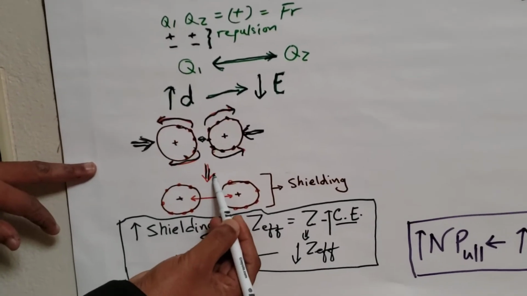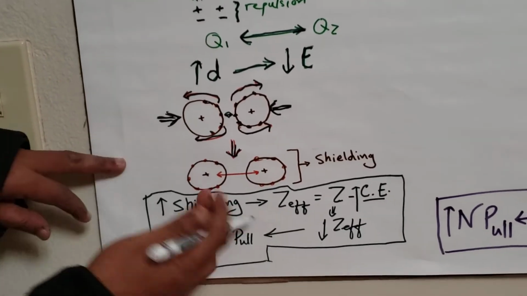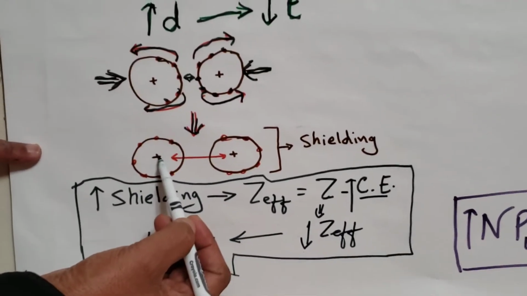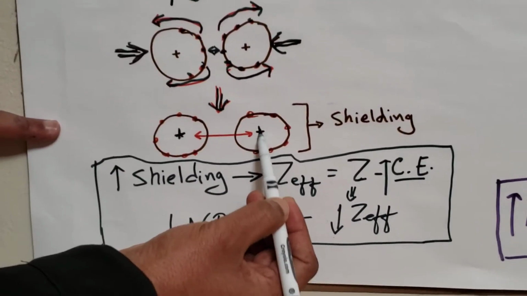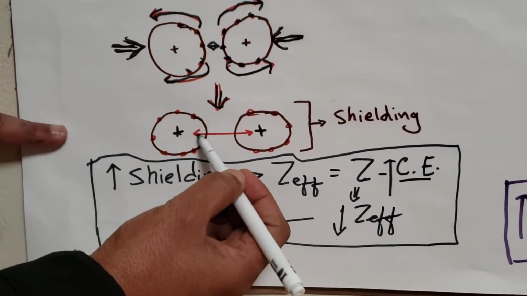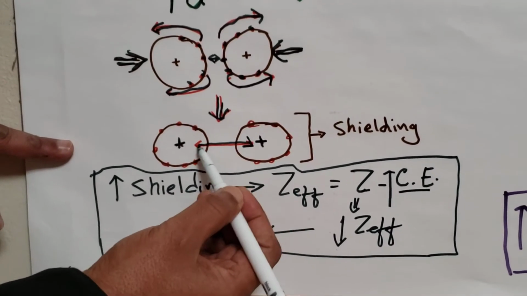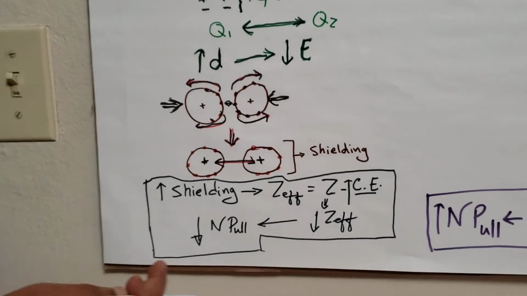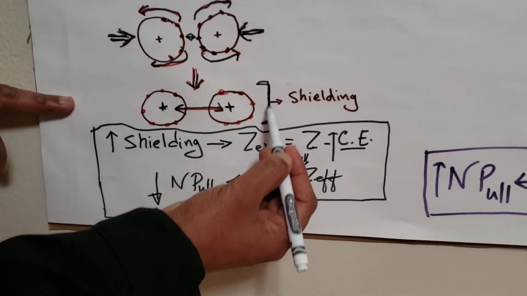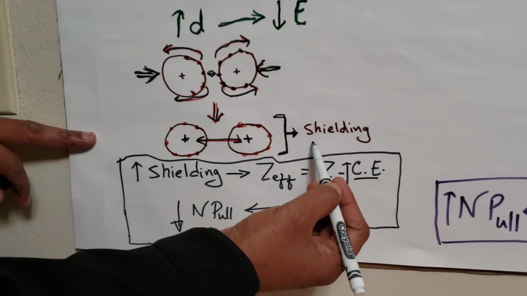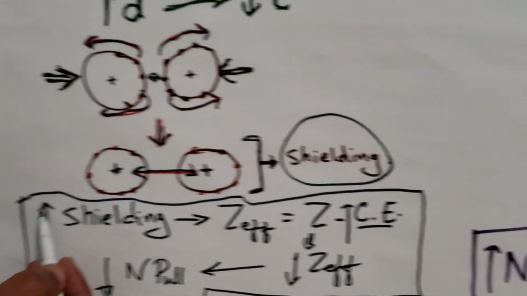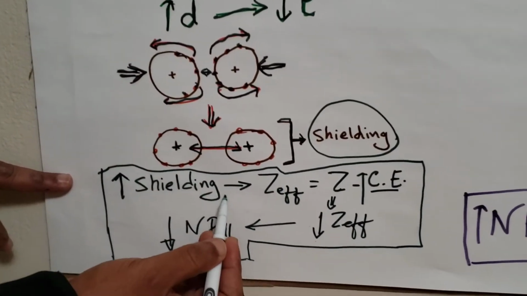And because of this, what will happen? Now we see the electrons are distributed here in this region. So the nucleus of this atom and the nucleus of this atom will be exposed to each other, and they will also push each other, they will repel each other. This is similar to shielding. And we have seen, if you have more shielding,